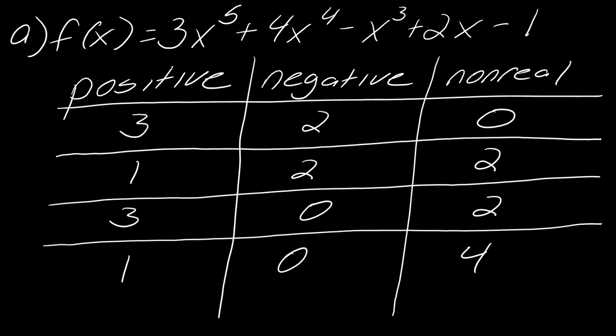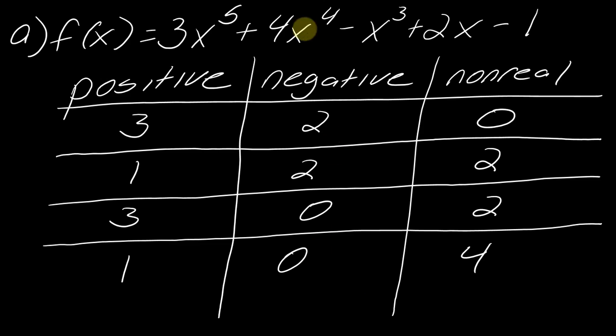So I want to point something out with this. Like I said, this is the maximum number of possible real zeros that we could have. And then we explore different combinations of non-real zeros with the understanding that these come in complex conjugates. Now notice that each line adds up to 5. Why does it add up to 5? Because it's a degree 5 polynomial. So each line has to add up to that degree,